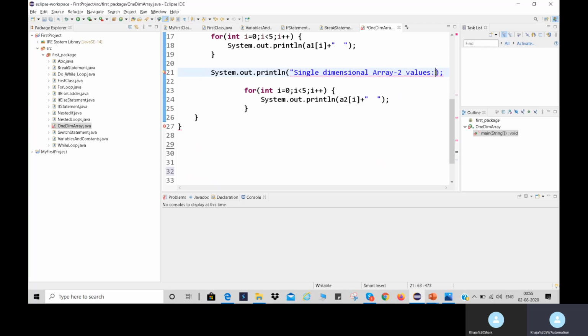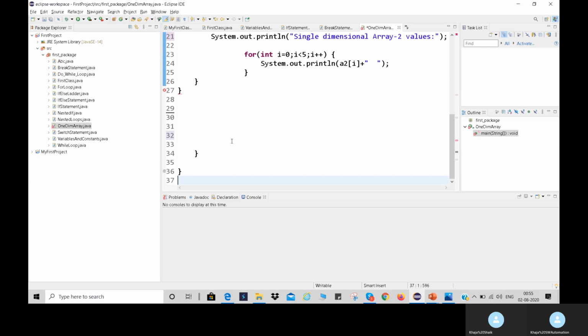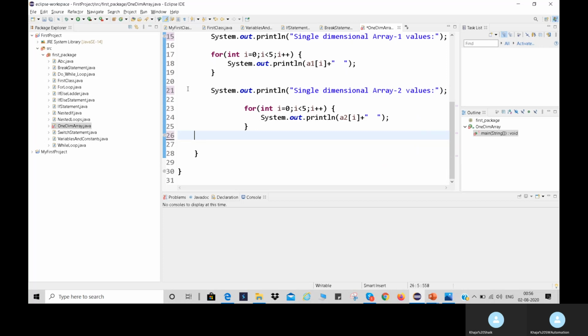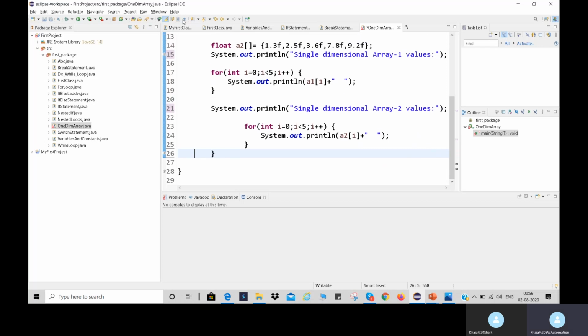Here also we need to end the quotations. So now let's run this program.